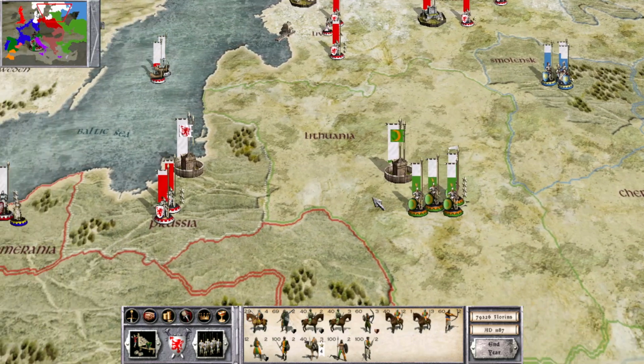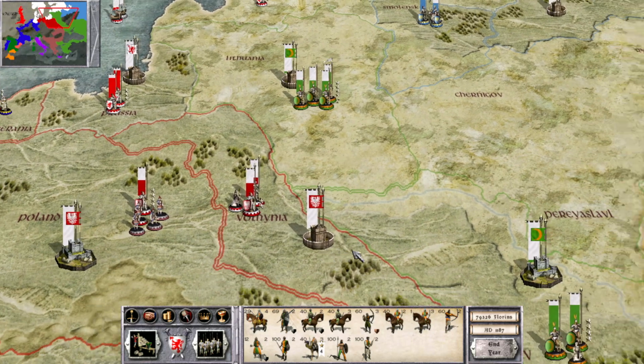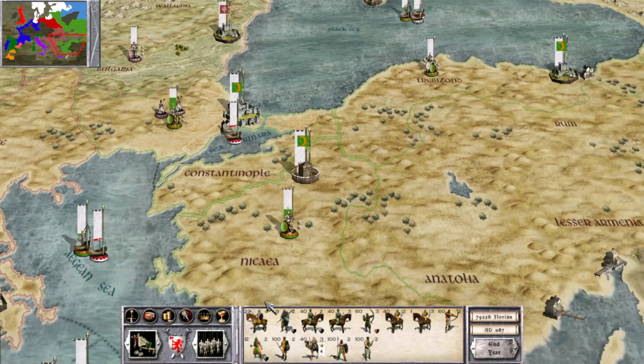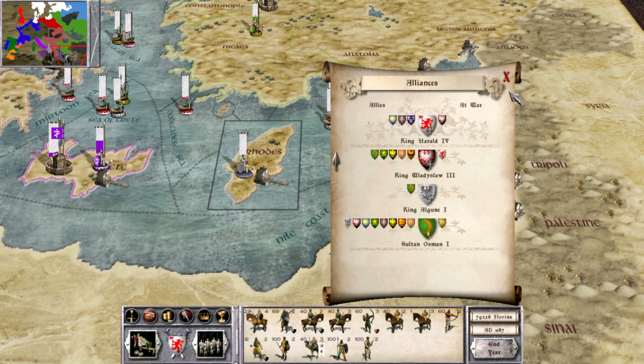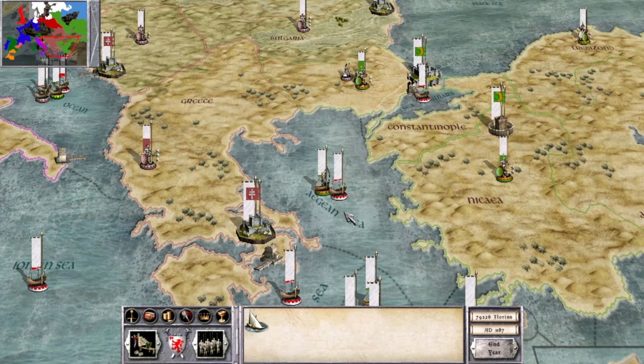The Turks look strong. The Turks look like they're aiming for a fight. And I was hoping that would not be the case because they are already at war with the Egyptians. So I was hoping that one war would be enough for them. Are they still at war with the Egyptians? Yes, they are. This is making me nervous because they have boats in the water, and as we have seen